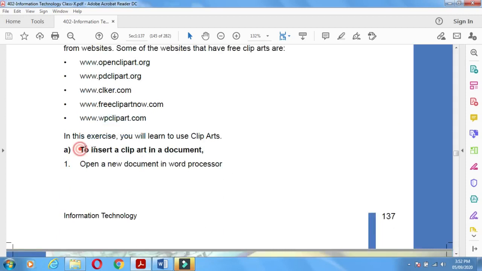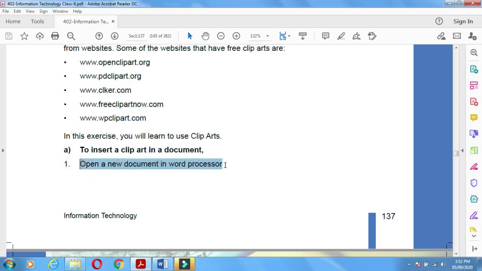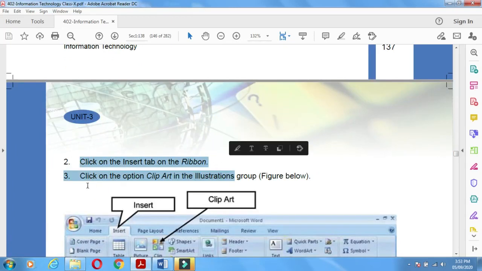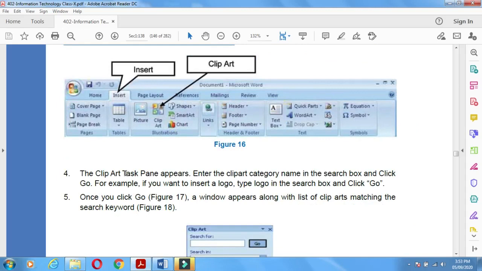There are certain steps. To insert clip art in a document, open a new document in a word processor and click on the Insert tab. On the ribbon, click on the option Clip Art in the Illustrations group. This figure shows you how you can add the clip art. Now, the Clip Art task pane appears. Enter the clip art category name in the search box and click Go.